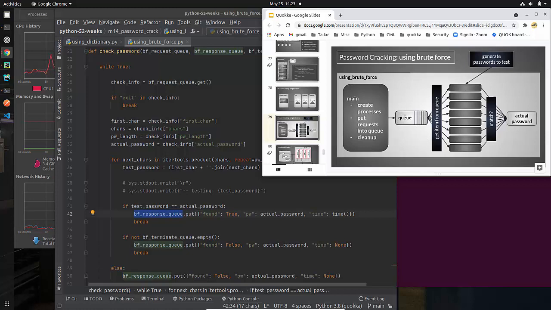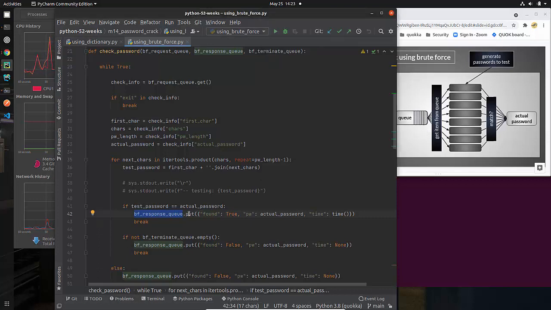Once it has put all of the items into this queue, then it's going to wait for all of the responses to come back. And so if I find it, it's going to send found. This is the third queue, if I need to terminate in the middle of what I'm doing. So for example, if one other process found what we were looking for, that means I can quit. If there's an item in this queue, that means it's not empty anymore, then I'm going to send a message back in the response queue that says that found is false. I just want to make sure that I put responses, whether it is a response of true or false. So here I'm terminating early.